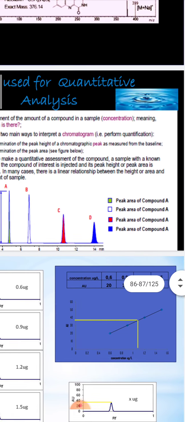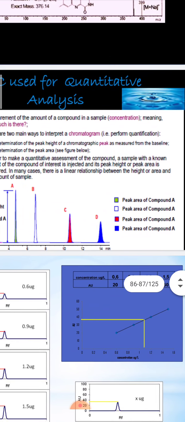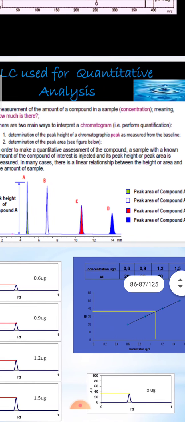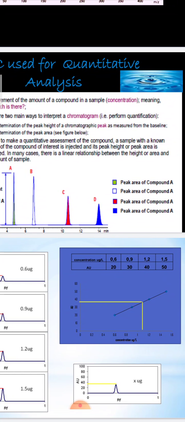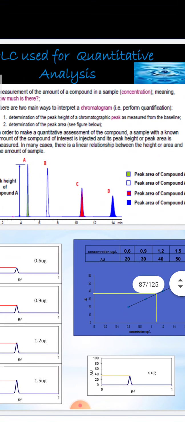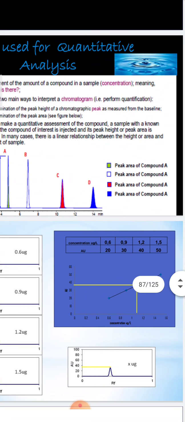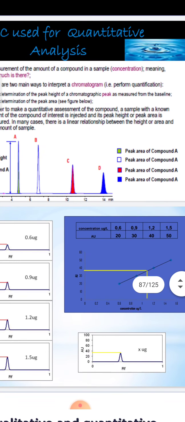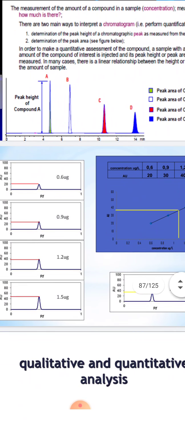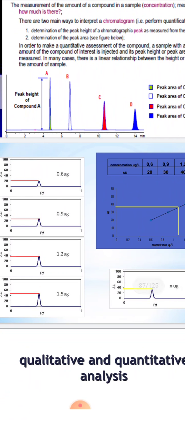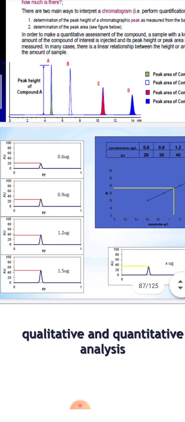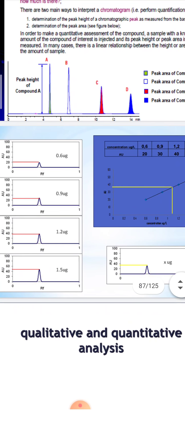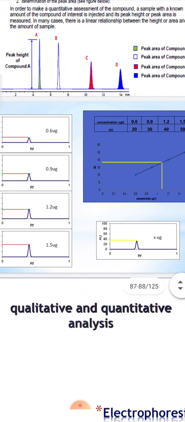There are four different components here. You can see the green shade representing the peak area of compound A, then the peak area of compound B, the peak area of compound C, and the peak area of compound D. And how we can measure the height is shown from the baseline. This is the baseline, the blue color indicates the baseline. You have to just measure the height. The example is shown over here.